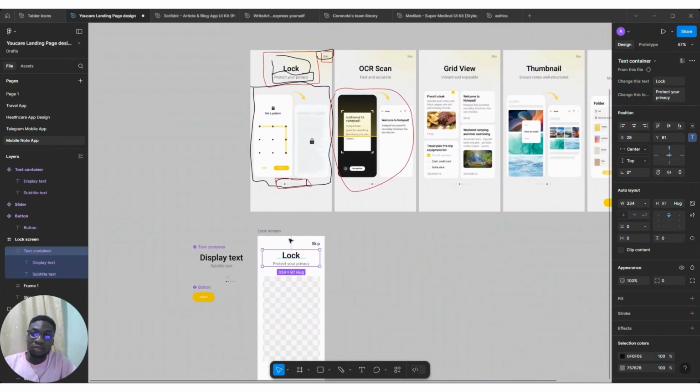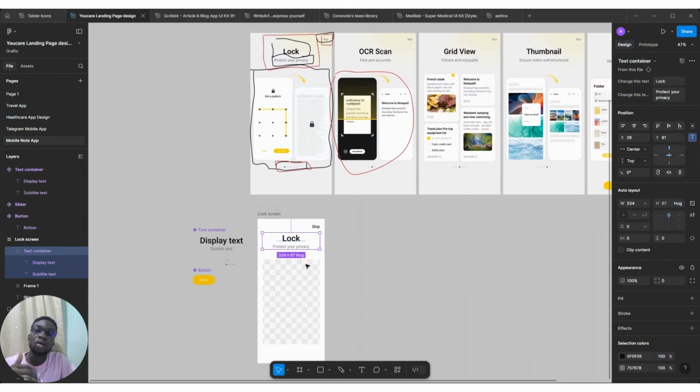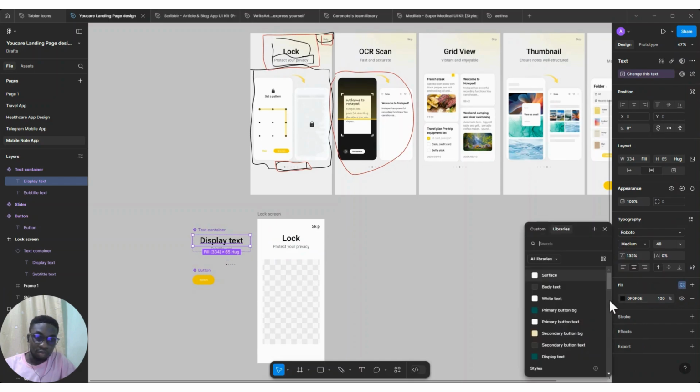Now that we've done that, there's another thing we are going to have to do. We are going to set color styles for this, so we don't have to be tweaking things all the time. So from here, I'll just create this to be